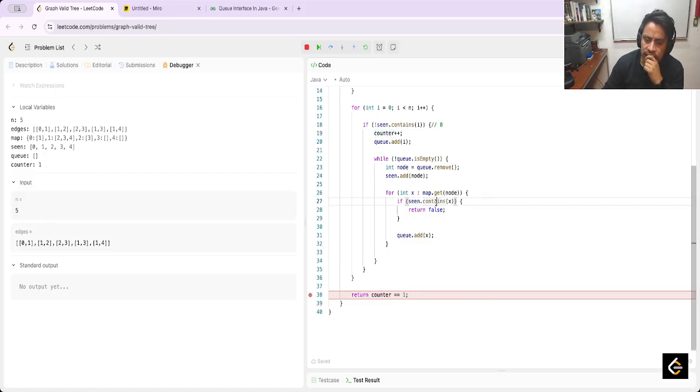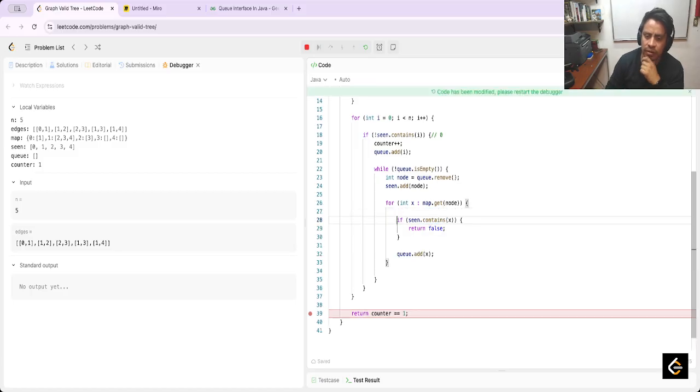Why is this not executed? Seen is 0, 1, 2, 3, and 4. Why don't